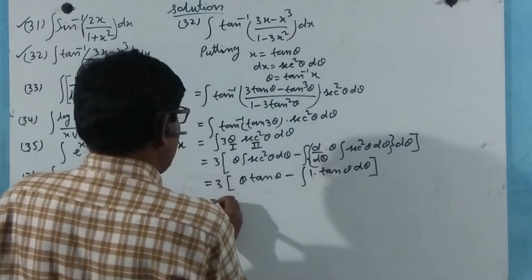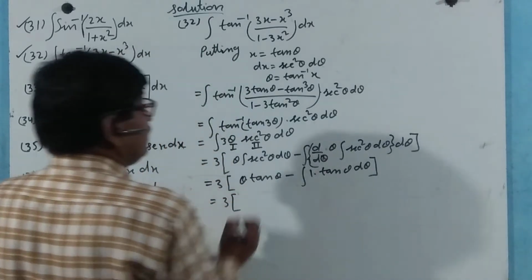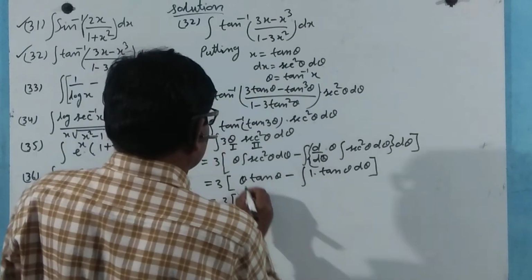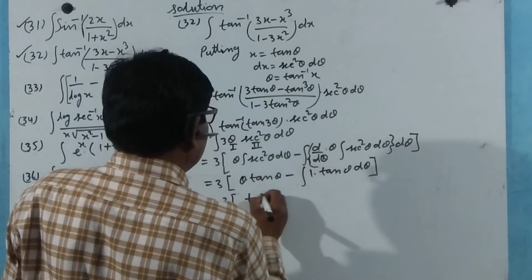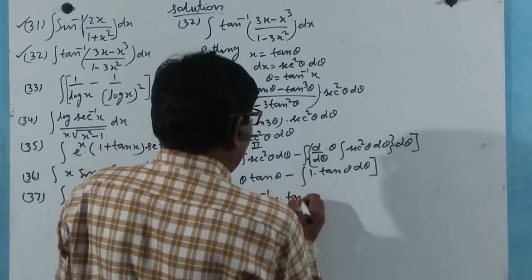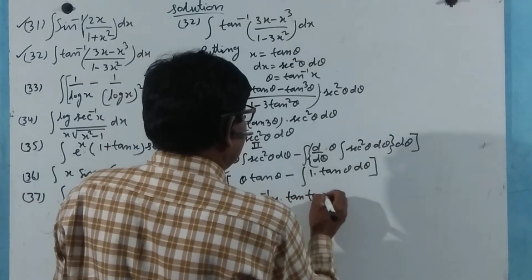Now 3 theta is equal to tan inverse x, so this is equal to tan inverse x into tan of tan inverse x